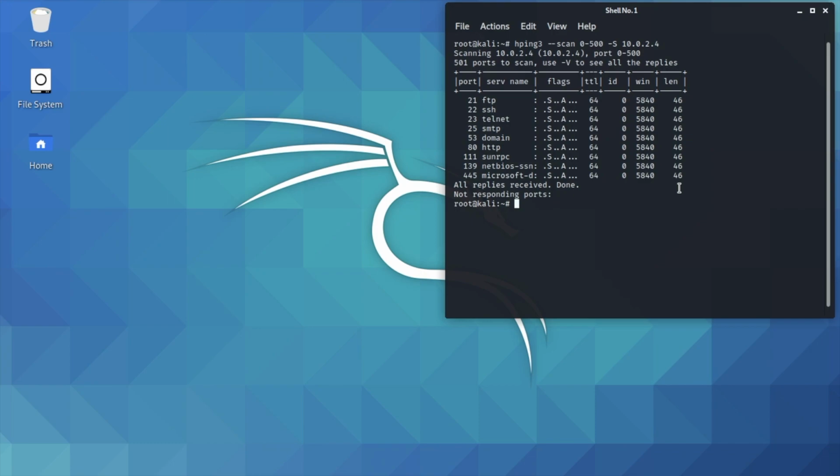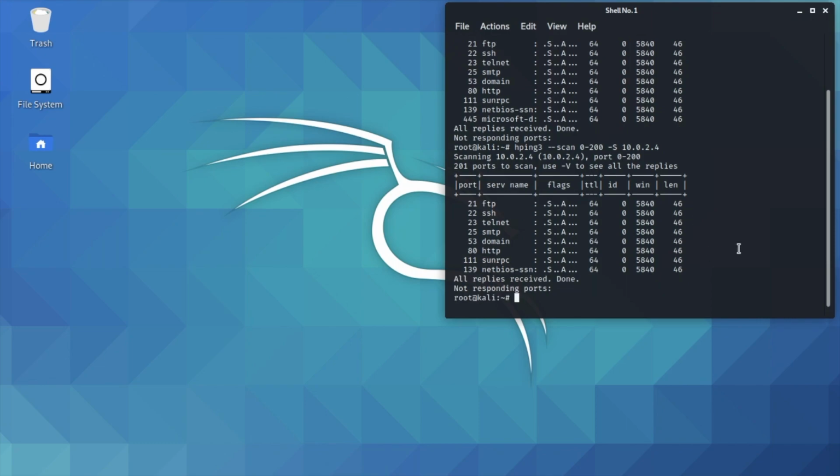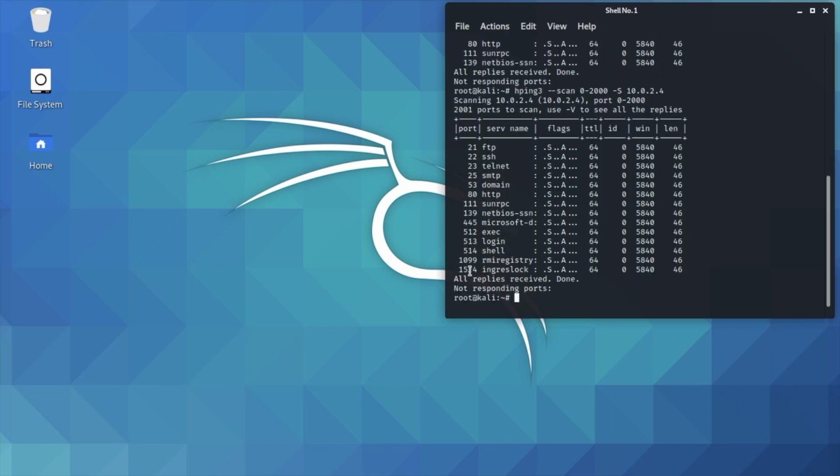Wow, very quickly. These are the top open ports between 0 and 500, and we have received the reply also. Definitely we will receive the reply. Suppose I want to scan the top 2000 ports, the only thing I have to change is here, like this. Yeah, only these are the ports I think I have specified. Okay, that's why it was 200. Of course, it will not list down beyond 200. So keep it like this.